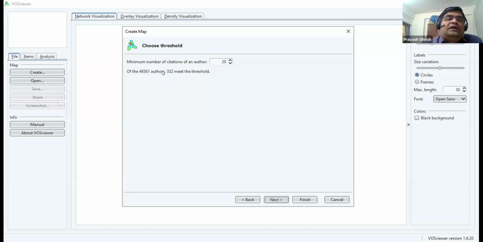So now see what they are telling. 350 to meet the threshold. That means a huge number of authors will come. So what we will do is try to increase the citation. The moment I increase the citation, what will happen? The authors will decrease. Let us take 50 authors. Can you see now we are having